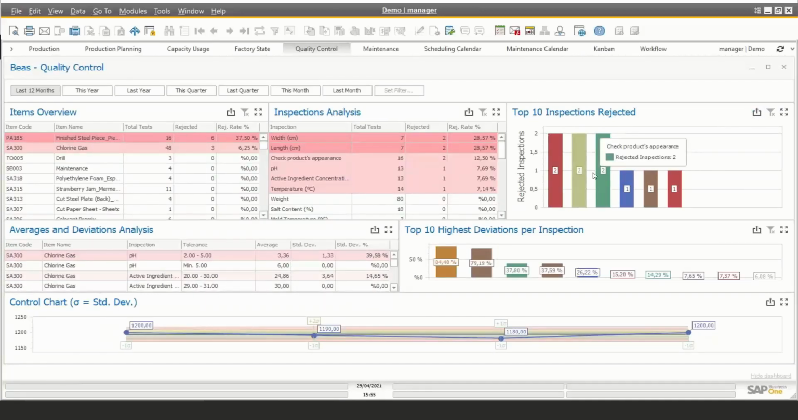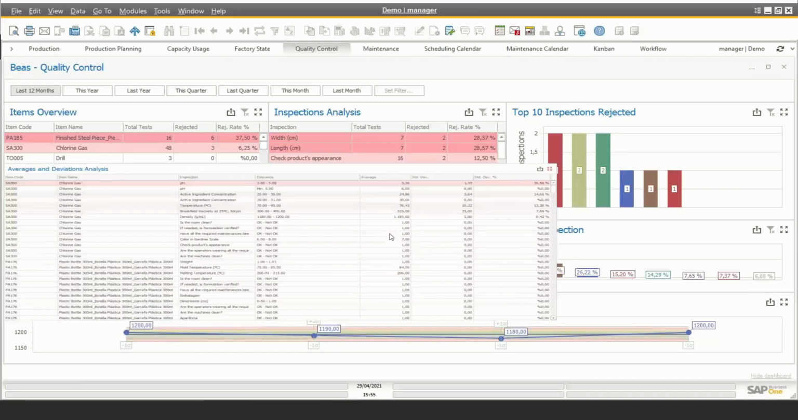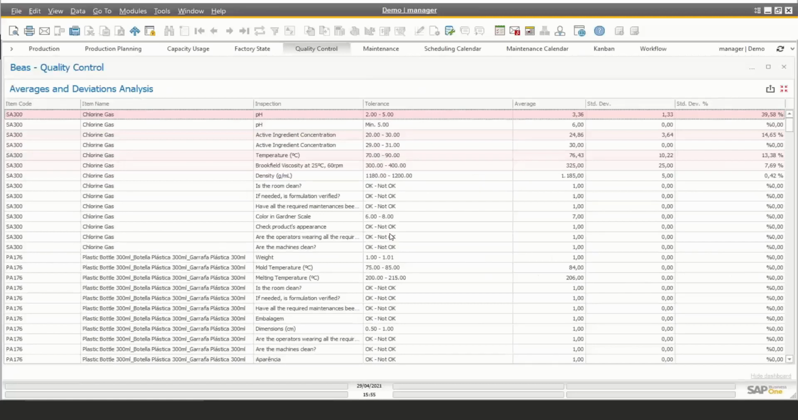After analyzing the rejections, we can also have some analysis over the deviations in quality control. This is a very useful analysis because if you want to have more standardized products, especially if you work with Six Sigma practices, you need to reduce the deviations as much as possible. And here, even if you don't have rejections, you can see how much you are deviating over your average measured